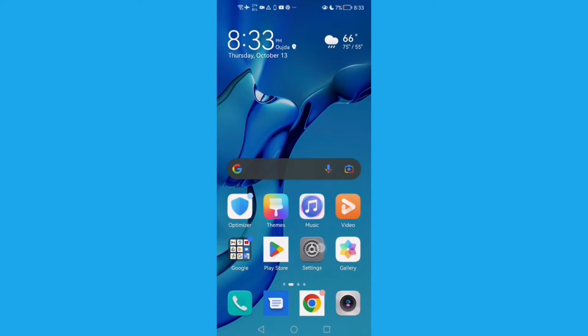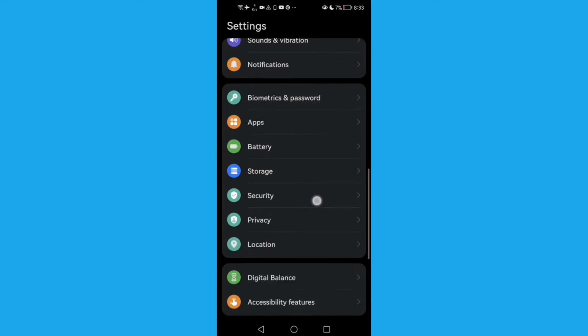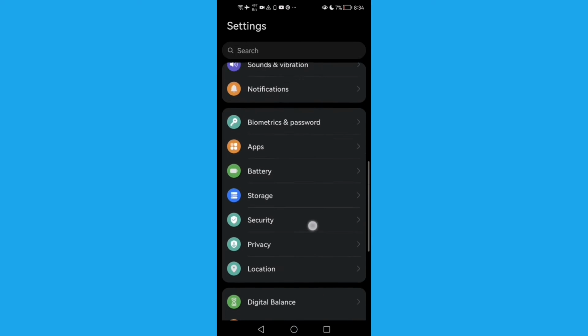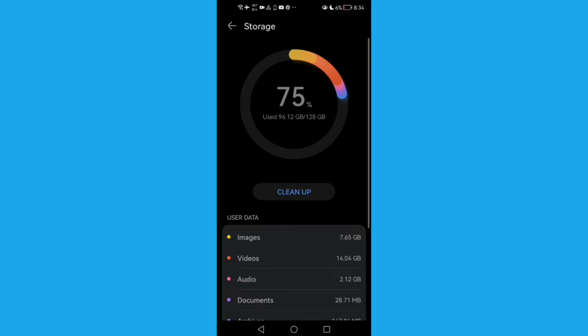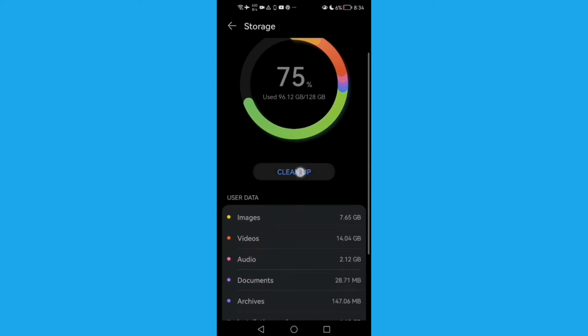First, open settings, and then scroll down until you find the storage, and here you will find cleanup. Click on it,